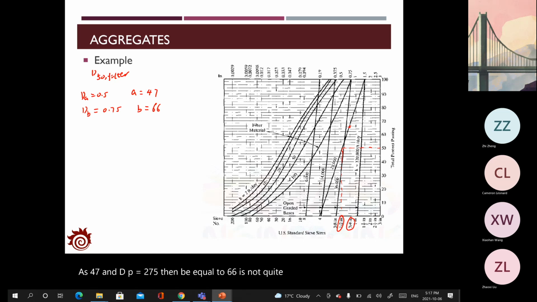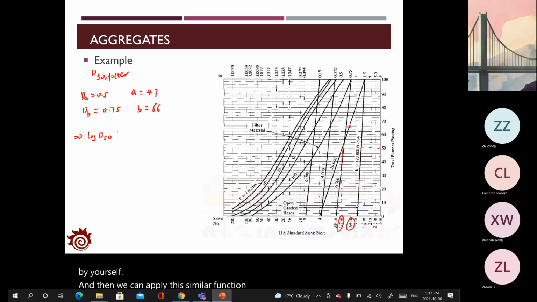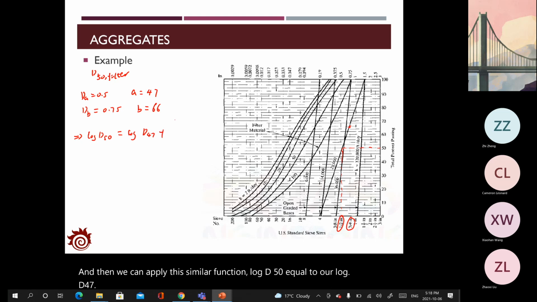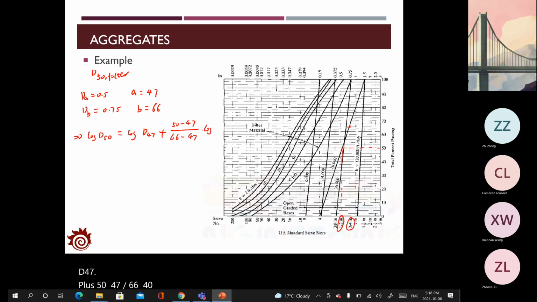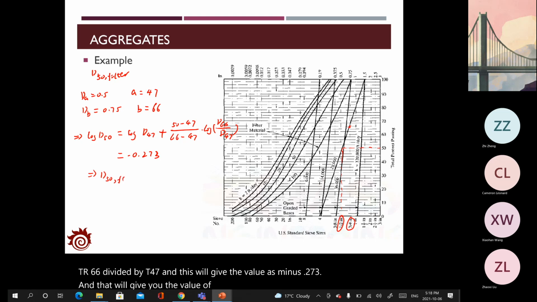It might not be quite clear for you to see this through this figure, but after class, you can try to make the figure larger and observe the values by yourself. Then we can apply the similar function: log D50 equals log D47 plus (50 minus 47) divided by (66 minus 47) times log (D66 divided by D47). This will give you the value as minus 0.273, and that will give you the value of D50 filter equal to